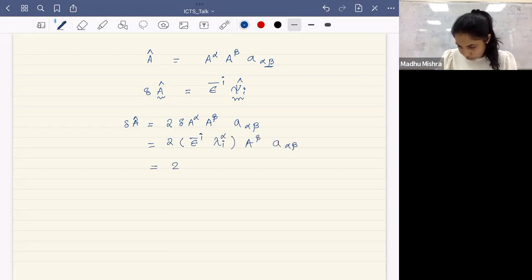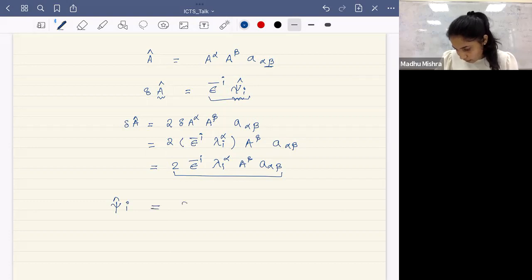So it is just i alpha, A beta, A alpha beta. And by looking at this equation and this equation, we can identify this component of the chiral multiplet as this combination of Yang-Mills